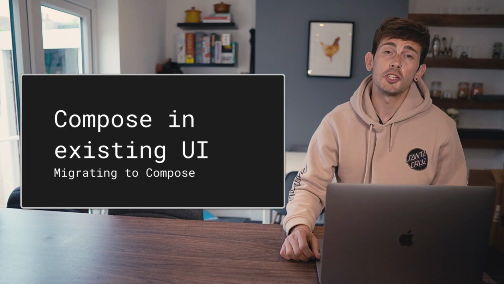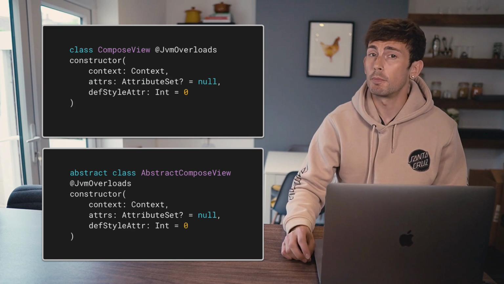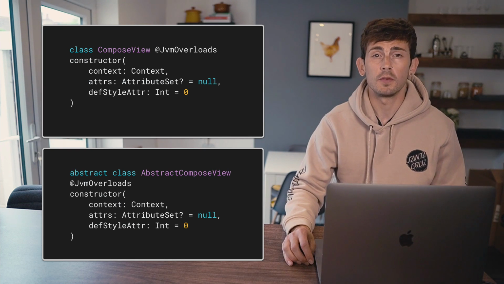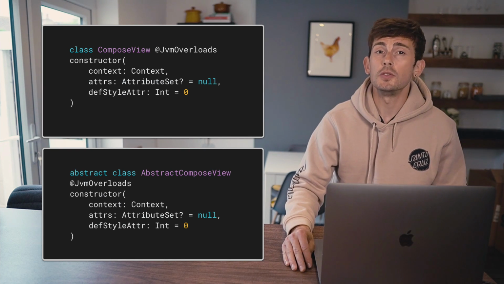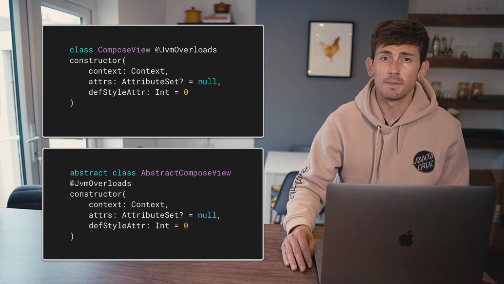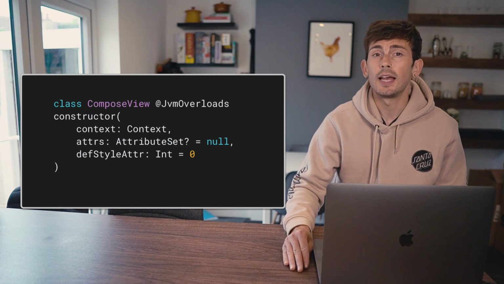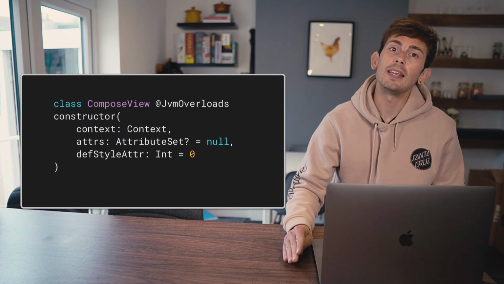To help with your migration to Jetpack Compose, the framework contains two classes, the ComposeView and the AbstractComposeView. Both of these allow you to use composables directly inside of your existing Android UI toolkit layouts. The ComposeView can be placed directly into an existing layout and used to compose your UI, directly from the hosting